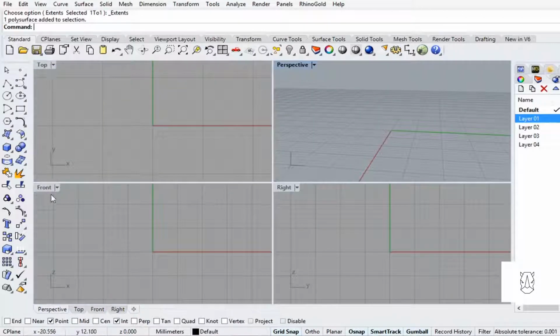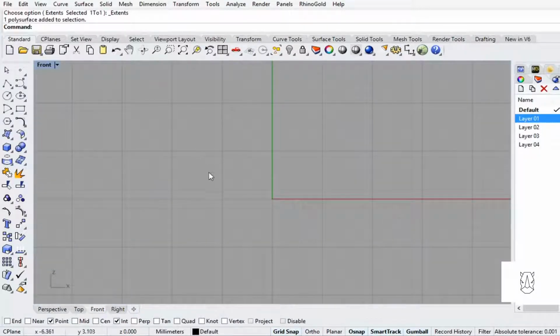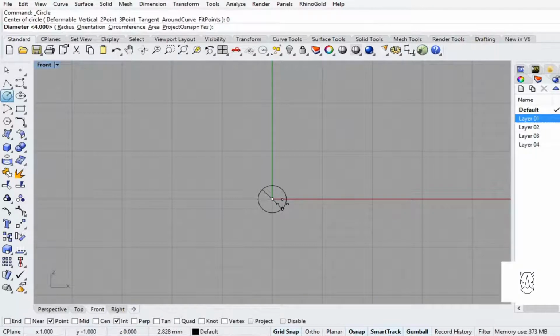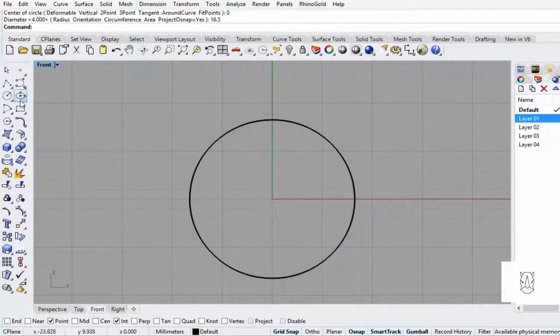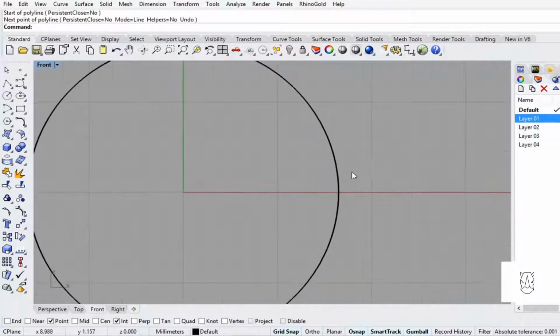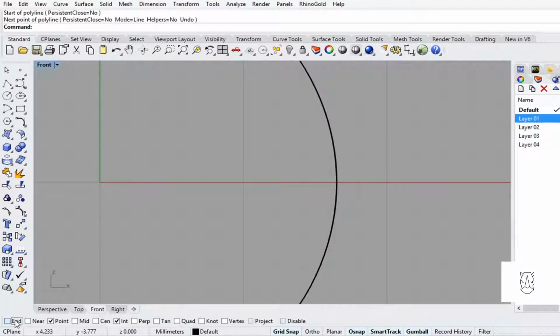So the first thing that I'm gonna do, I will maximize my front viewport and just draw my ring size, which is 16.5, and then I need to draw. Make sure that your OSNAP is on